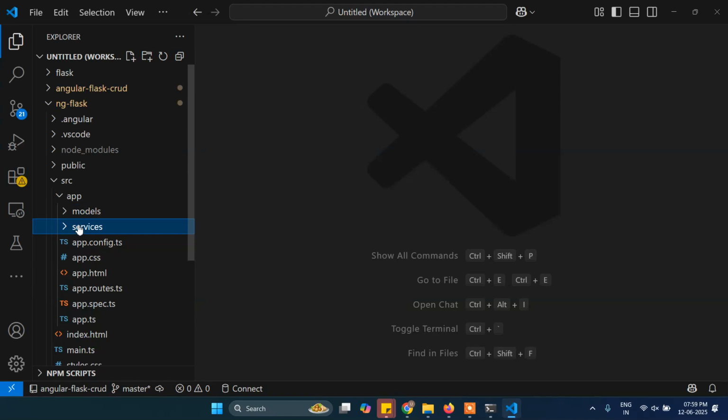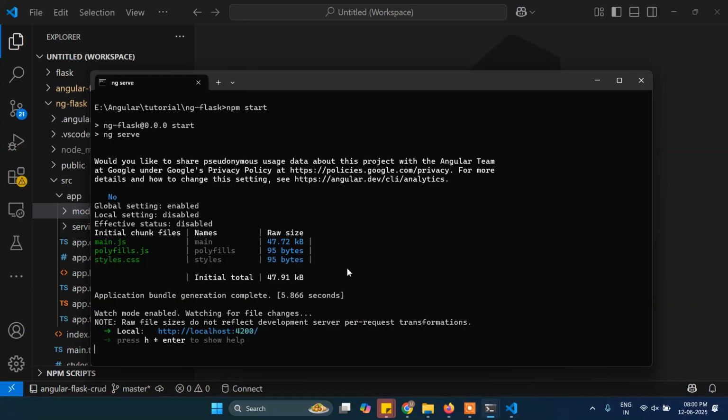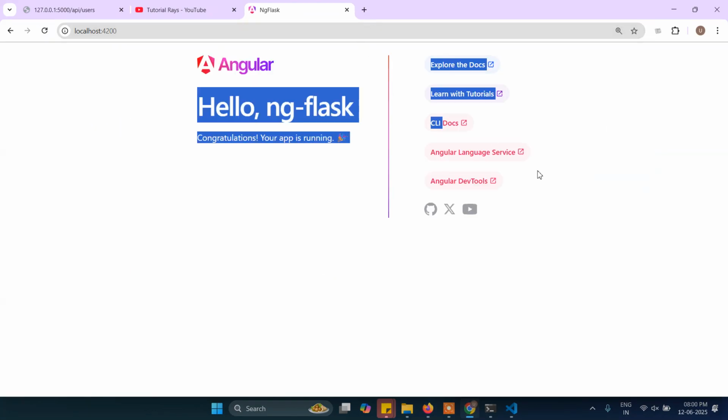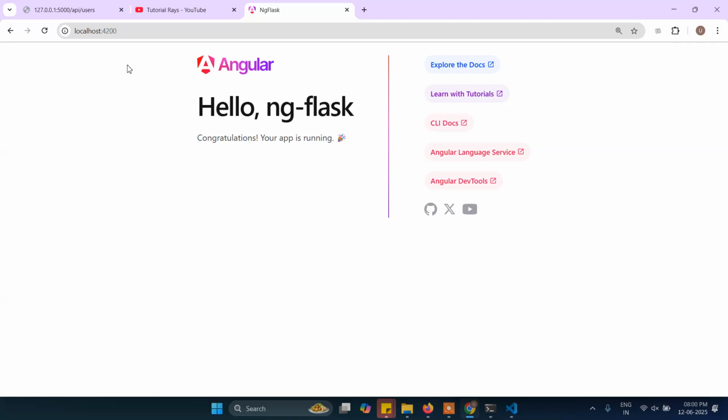Okay, and we will be creating a few folders. Folders means components, like add component, update component, and list component. So let's create here, but before that let's see if it's installed or not. It's our previous one and this is the new one. Now you can see it's successfully installed. Now we will step by step start creating. So the first thing what we will do,